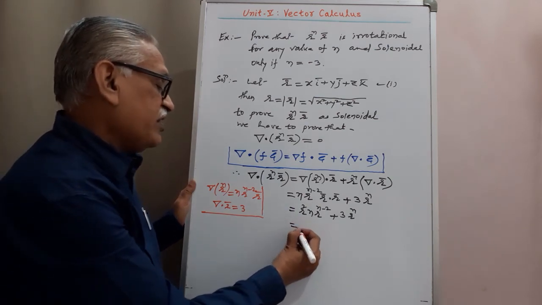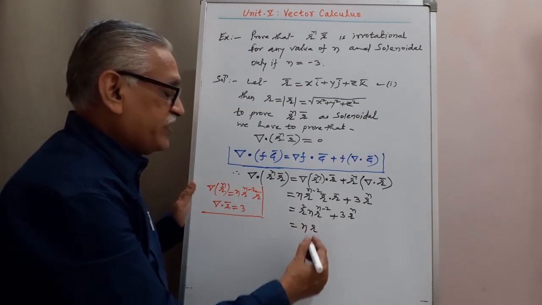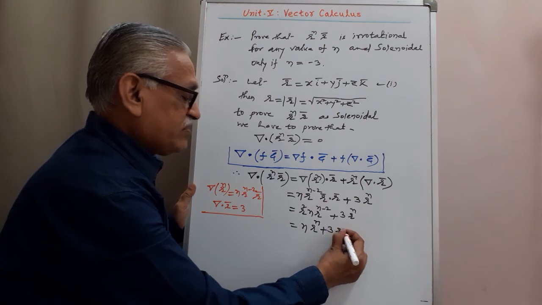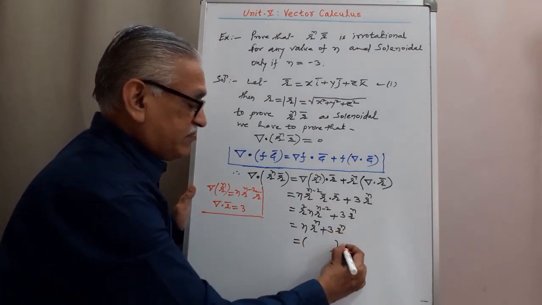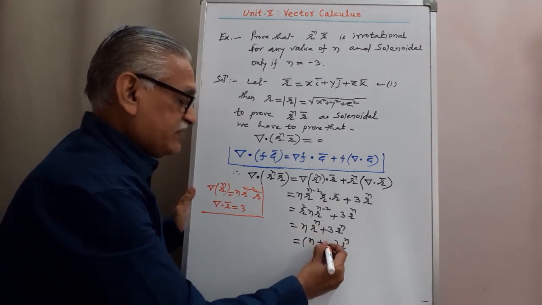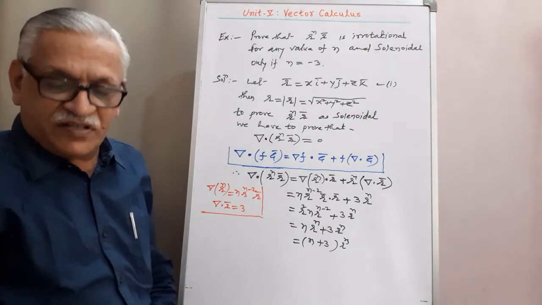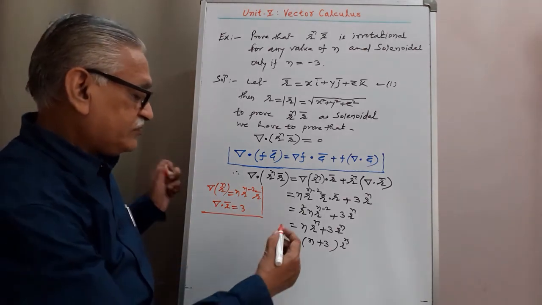And therefore, it becomes n r raised to n minus 2 plus 2, we get r raised to n, plus 3 times r raised to n. From these two terms I can take r raised to n common. Remaining terms are n plus 3. This is the value of the divergence,